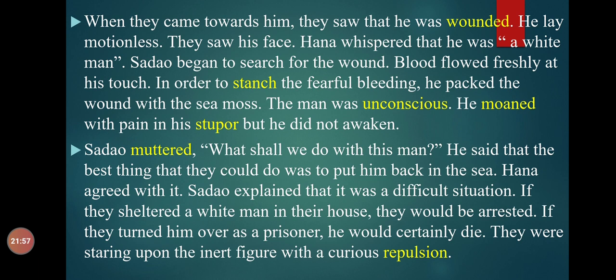Sadao turned the man's head. As they saw the face, Hana spoke confidently that he was a white and American. The injured man was an American. As his cap fell off, they saw his wet yellow colored hair, which had not been cut for a long time. He was young. His face had such marks which indicated that he had been tortured. He had a rough, unkempt yellow colored beard. As he had fainted, he did not know of the presence of Sadao and Hana.